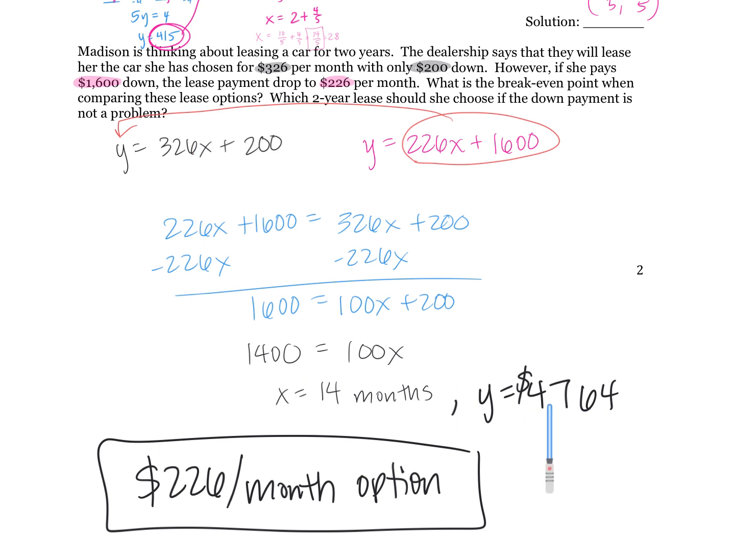Yep. Now, what if it was only a 1-year lease? Which one do you think I'd want to do? Right? Because at 14 months, we're paying this much. I want to put a little less down. So if I did 326 times 12, because for 1 year, the 326 a month would have cost me 4,112, and the 226 times 1 year plus a bigger down payment, 1,600, is going to cost me 43-something. It's going to cost me 200 extra bucks. So is this real world? For sure. And I'll never forget